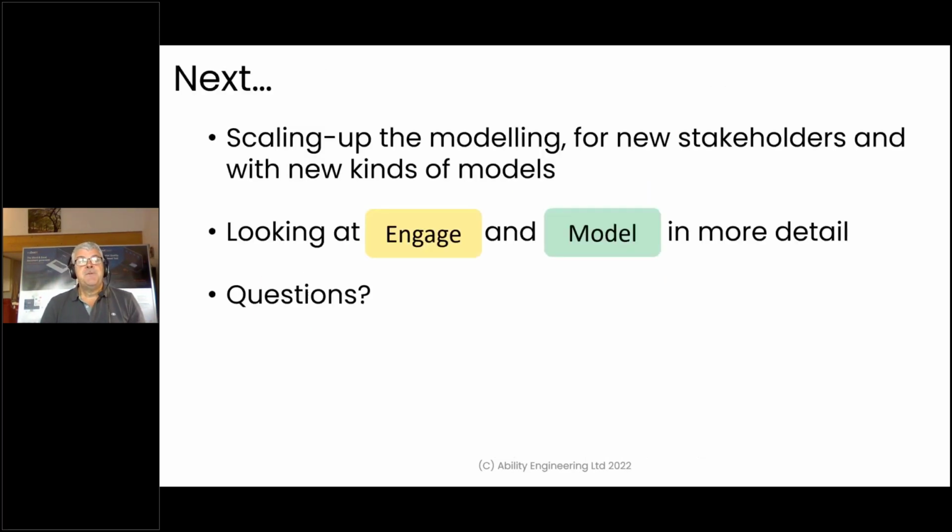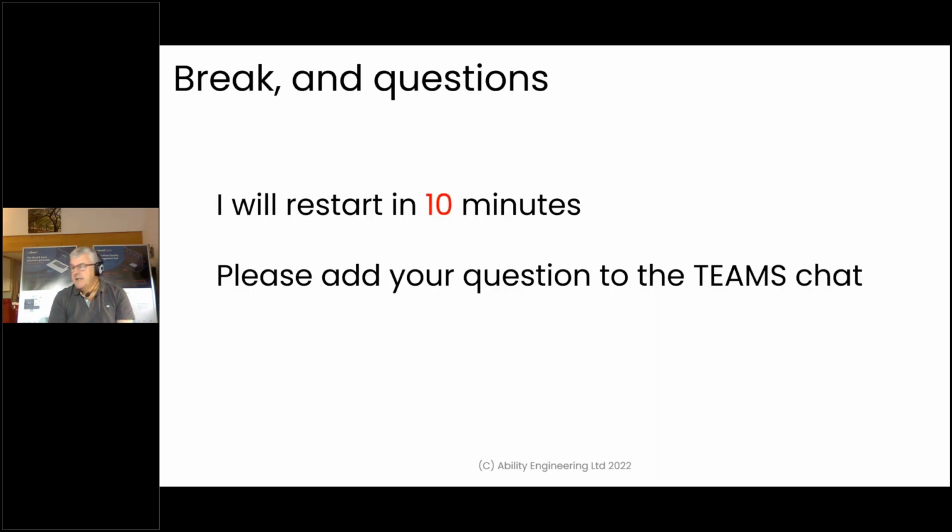So that's where we're going to go next. We've figured out what we're going to deliver, we've figured out how we're going to deliver it. I'm next going to look at engaging and modeling in more detail, and I will take some questions, but it's now